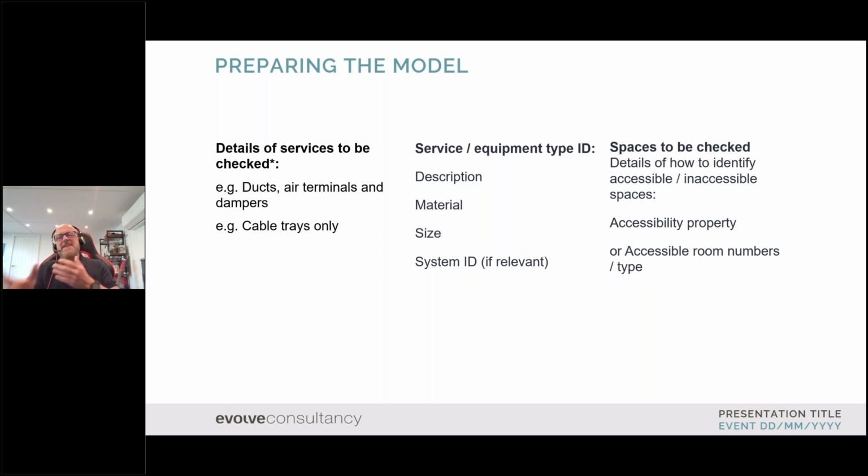And then, of course, in terms of accessibility, you also need to consider the spaces. There needs to be some kind of thing, for example, added to the spaces, or to be able to identify them in some way, to identify whether they are accessible or inaccessible spaces. Are they spaces within a dry riser, or are they spaces that can be accessed through a room? Those kinds of things need to be identified that you probably won't think of in the first iteration of